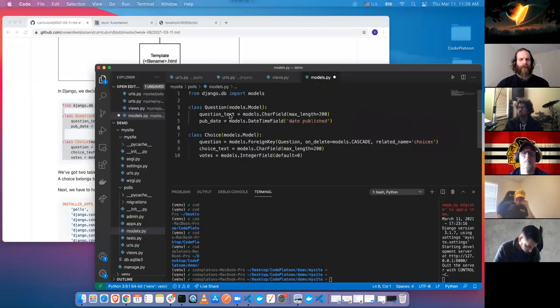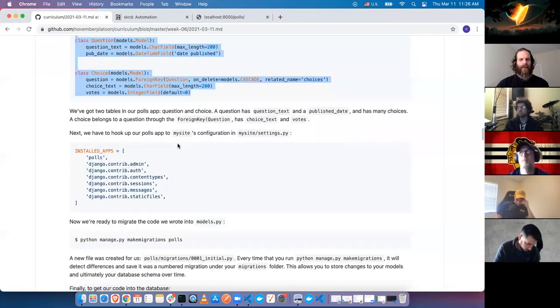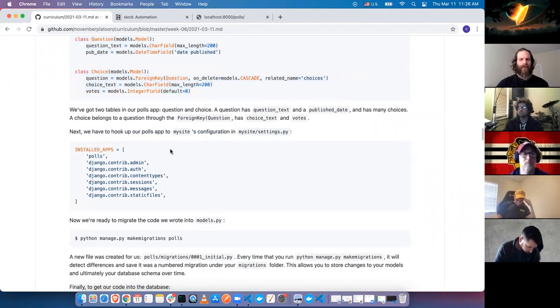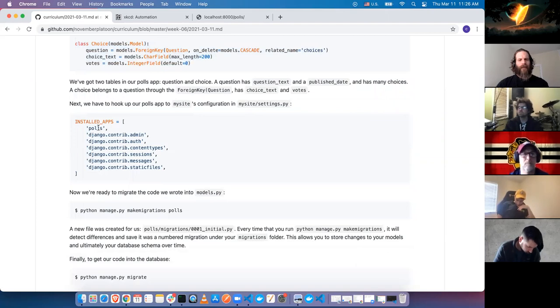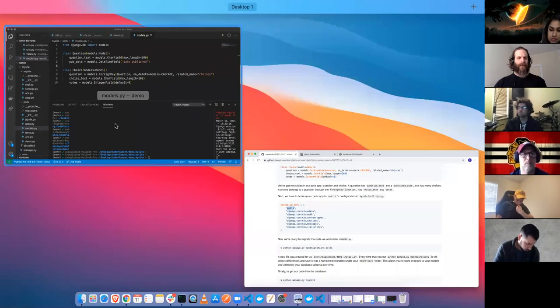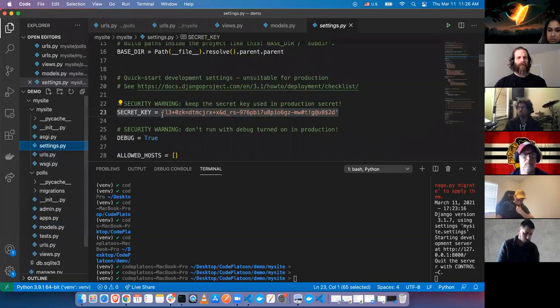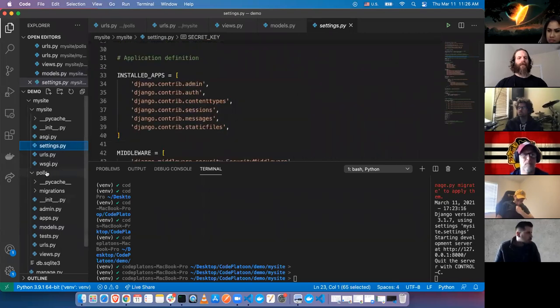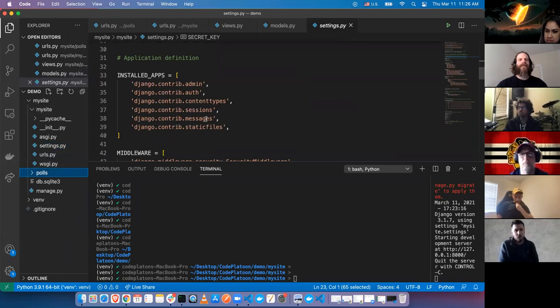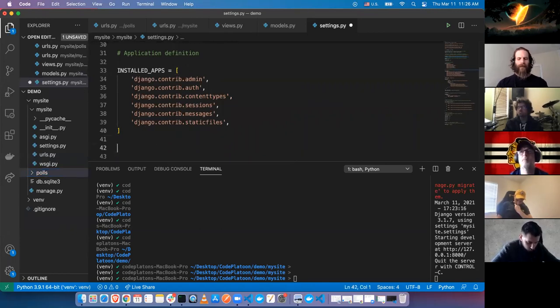All right, so now we have a database. Let's double check our project's settings file. Notice we have our polls app, but it is not a part of the project. Our project doesn't know about our app yet because we have to include it here. How you do this is different. You could include it at the top or at the bottom or whatever. Some people like to keep them separate. So you can do something like